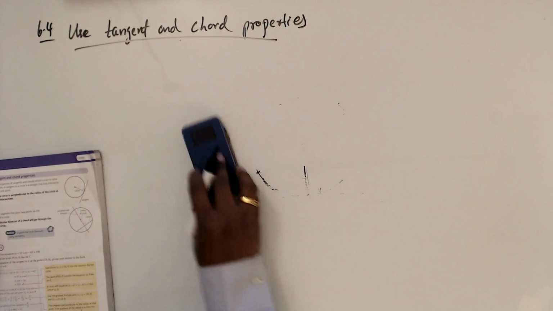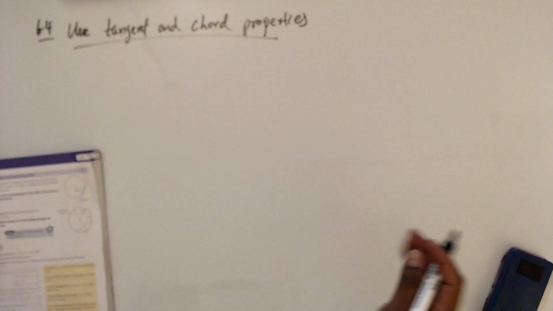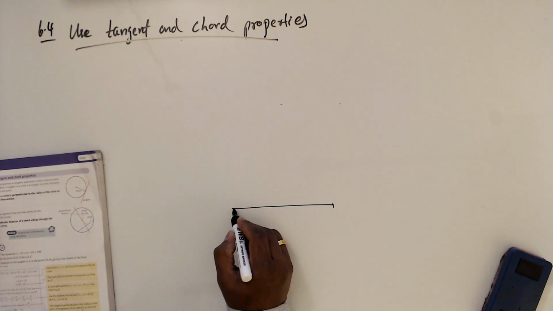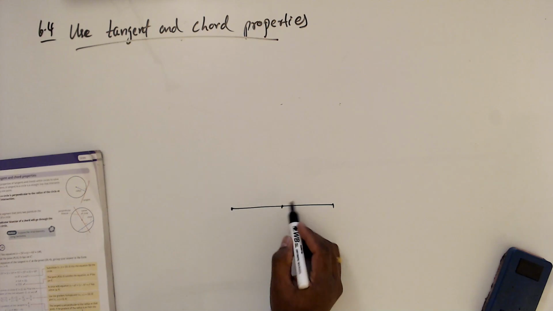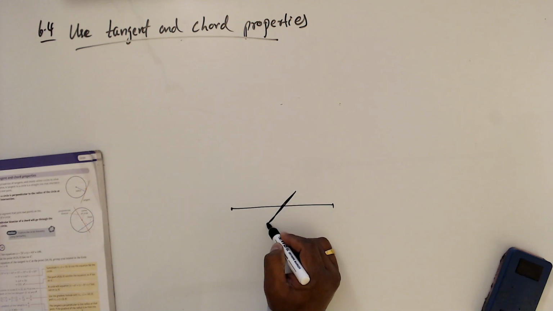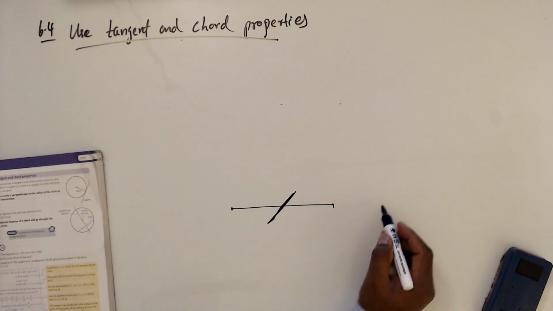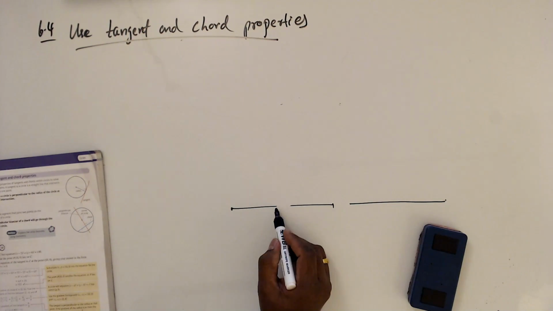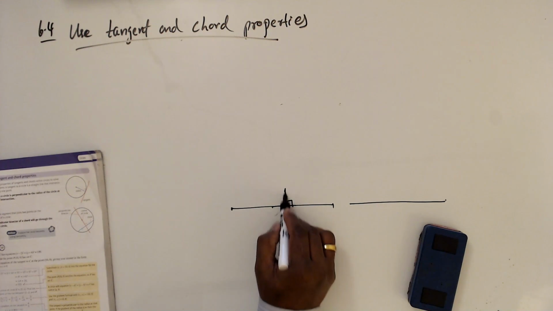The second one is the perpendicular bisector of a chord will go through the center of a circle. So we know when you take a line segment, I'll take the middle. So this is a bisector line. But this is not perpendicular, so I'll pick a perpendicular line. Okay, so these two lines are perpendicular.